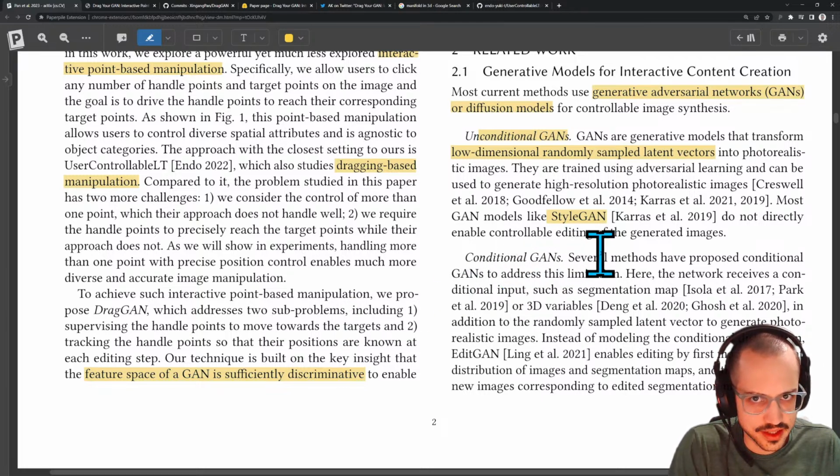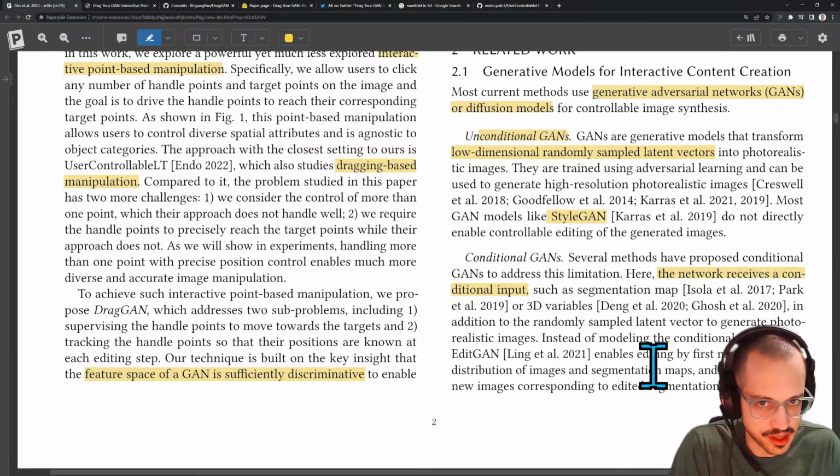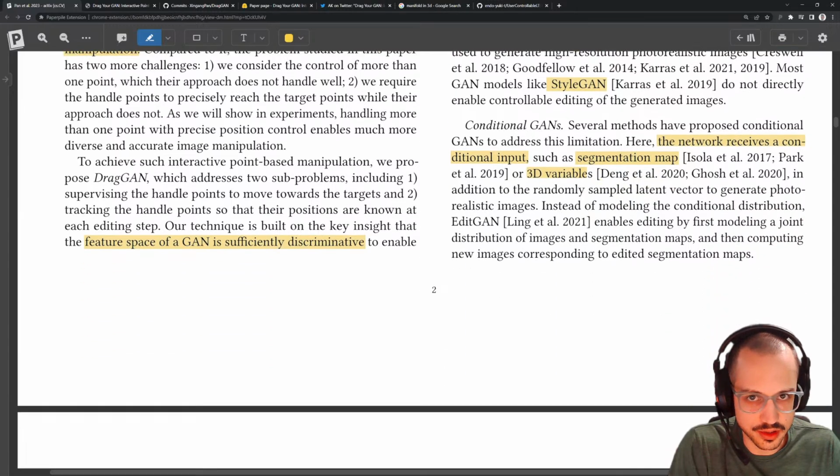Conditional GANs. Several methods have proposed conditional GANs to address this limitation. Here the network receives a conditional input, so it gets an additional thing, and it could be anything. For example, they have some examples here of segmentation maps and 3D variables. Instead of modeling the conditional distribution, DragGAN enables editing by first modeling a joint distribution of images and segmentation maps and then computing new images corresponding to the edited segmentation maps. So people have tried weird things with conditional GANs, including some kind of segmentation